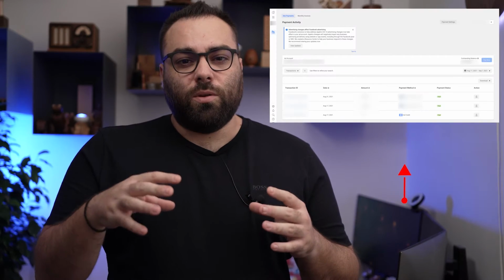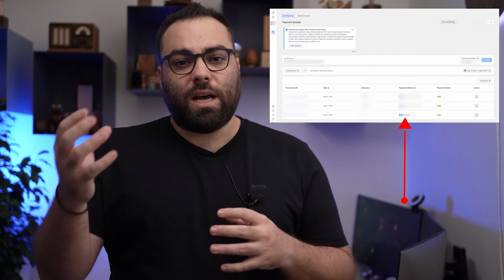To be honest with you, it's a little bit tricky, so follow the instructions. First of all, in order for you to be able to see if you are using the credit, you need to go to payment activity. The same place that you go and you see the charges for your card, you are going to see, I'm going to add a print screen here, how it's going to look if Facebook is charging your ad credit instead